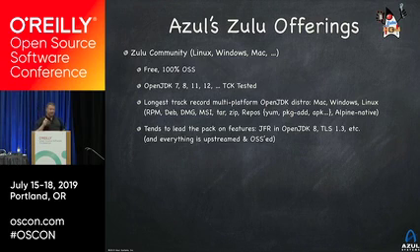Zulu also tends to be ahead of the pack on the latest features. So to give you specific examples, right now, today, Zulu 8 is the only OpenJDK implementation you can use that will let you use Java Flight Recorder for free in production right now. You can download it, it's there, it's free. This is being upstreamed. We're coordinating with the OpenJDK project. Eventually everybody else will have it, but we're probably a couple of quarters away from that. And we've had this now for a quarter plus. So if you like Java Mission Control, you like Java Flight Recorder, Zulu is the free JDK you can use to do that. We're announcing today or tomorrow?